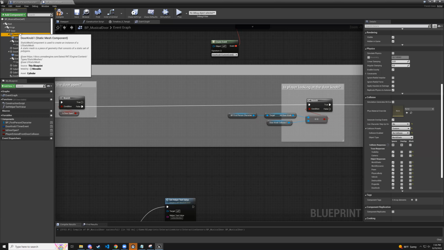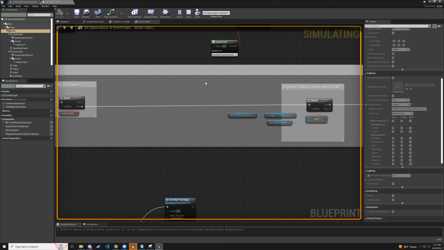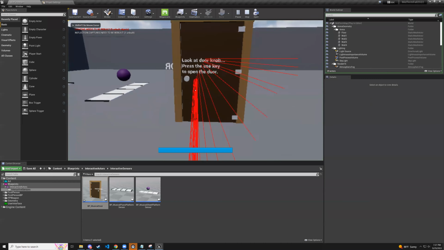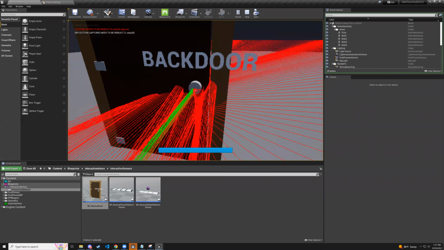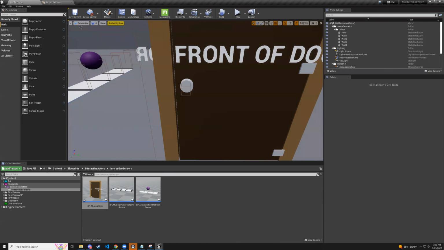I wonder if I can do door. Oh, it's already blocked. Oh no, it's not. Let's do custom, and we're going to do block doorknob and see what happens there. Maybe that actually will block the line trace. I don't think it will, but let's try it. No, see, it doesn't block the line trace at all. But